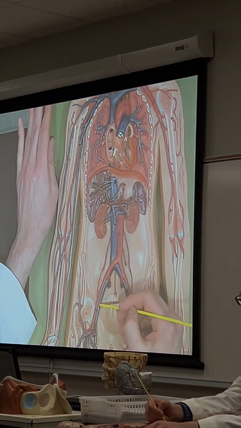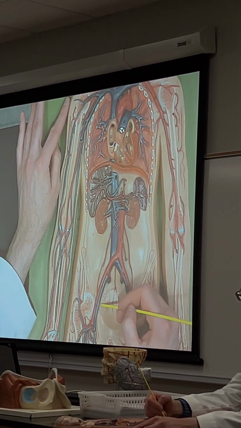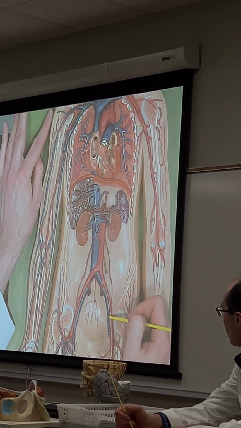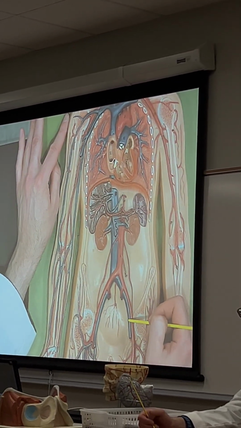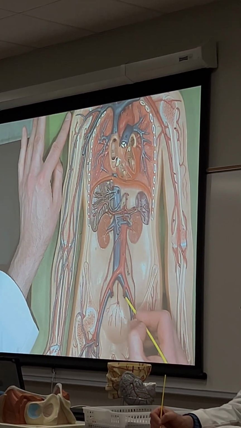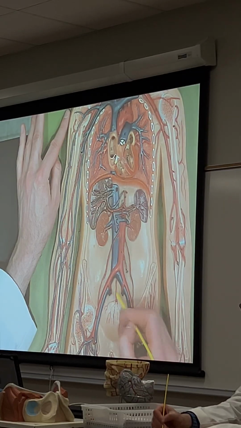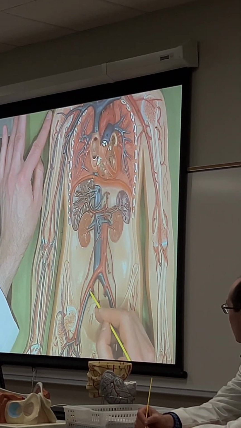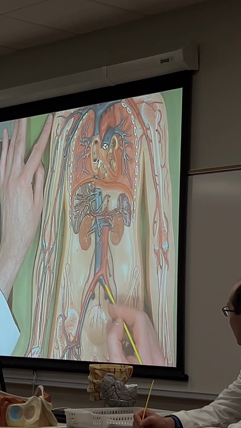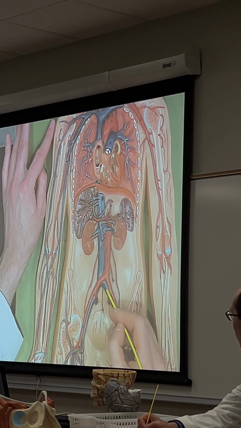So traveling alongside our right and left external iliac arteries are our right and left external iliac veins. So this is the right external iliac vein, and this is the left external iliac vein. And then right here and right here are little nubs of our right and left internal iliac veins. So right here and right here is where the external and internal iliac veins converge together to form the common iliac veins. So right here is our right common iliac vein, and right here is our